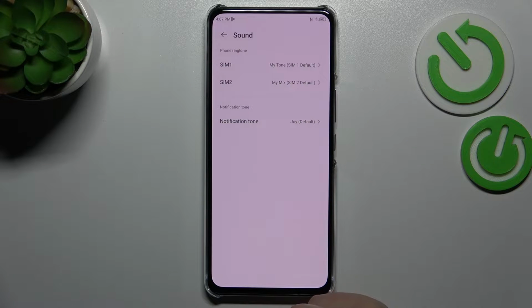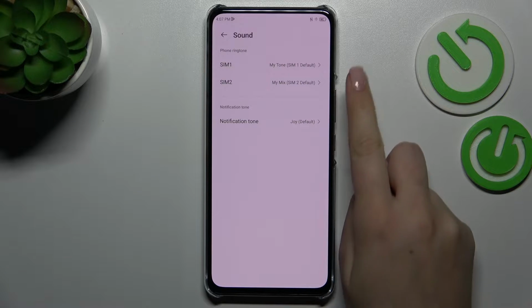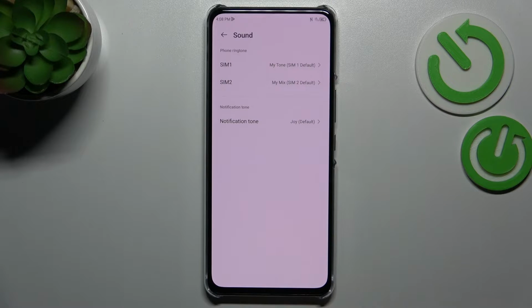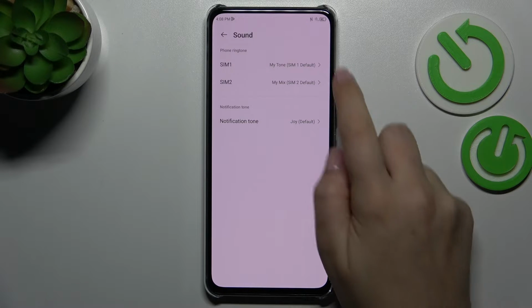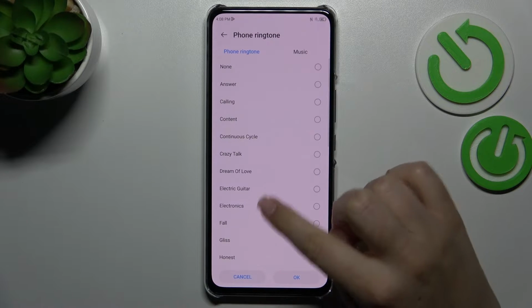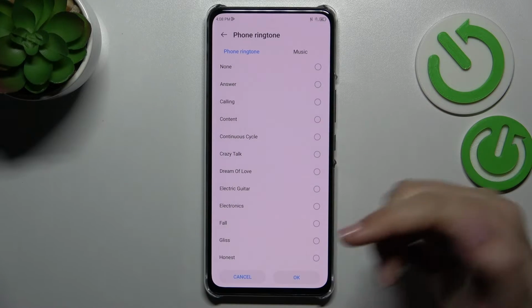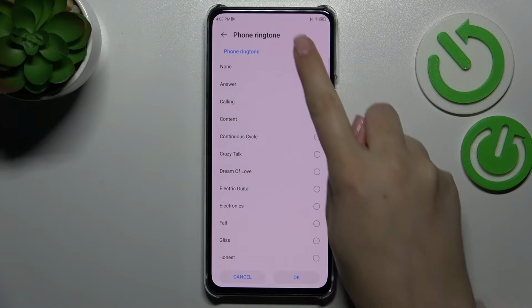the ringtone. So we can change the ringtone for incoming calls, and those are divided between 2 different SIM cards, and for the notifications. So let me show you how to do it using, for example, the first SIM card, and here we've been transferred to the defaultly installed phone ringtones from which we can choose, and here we've got